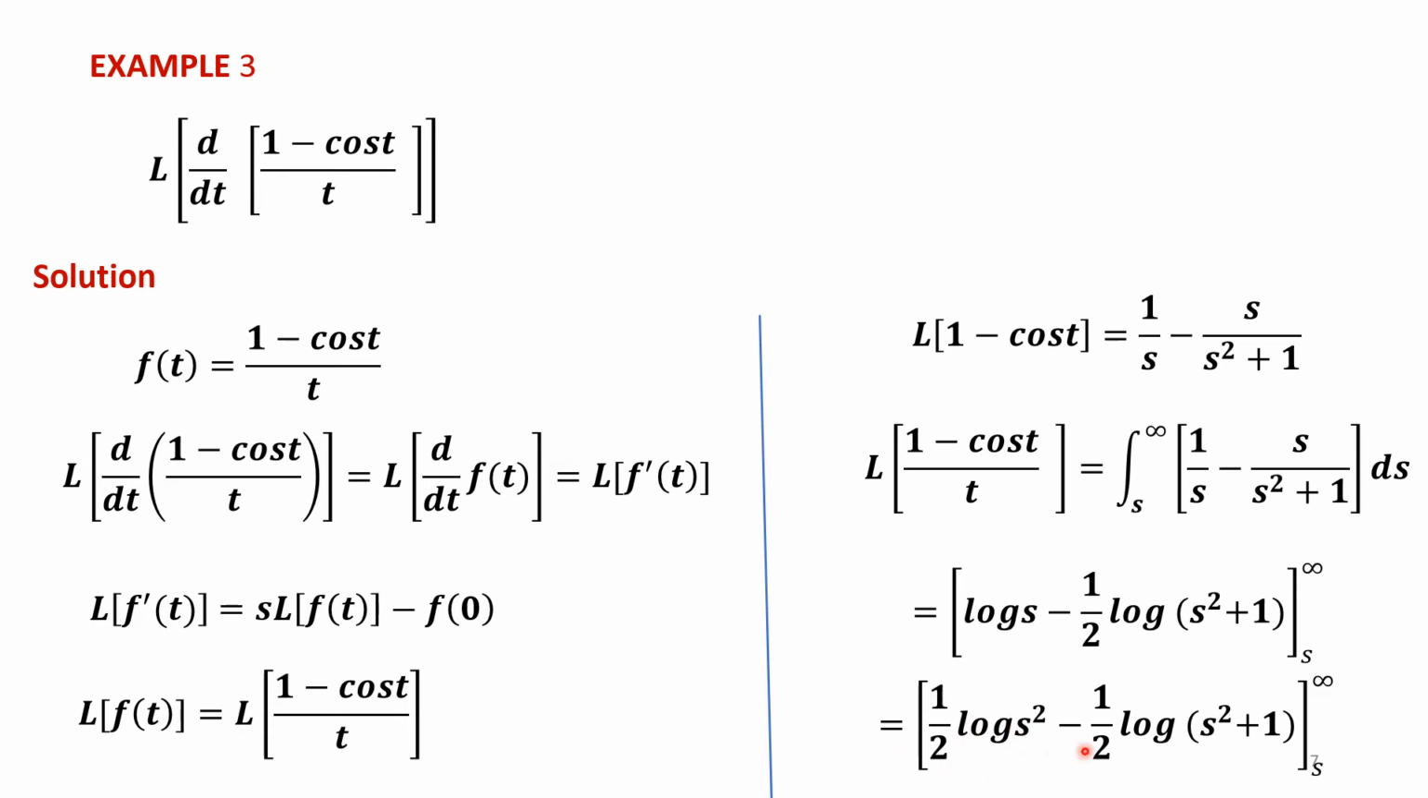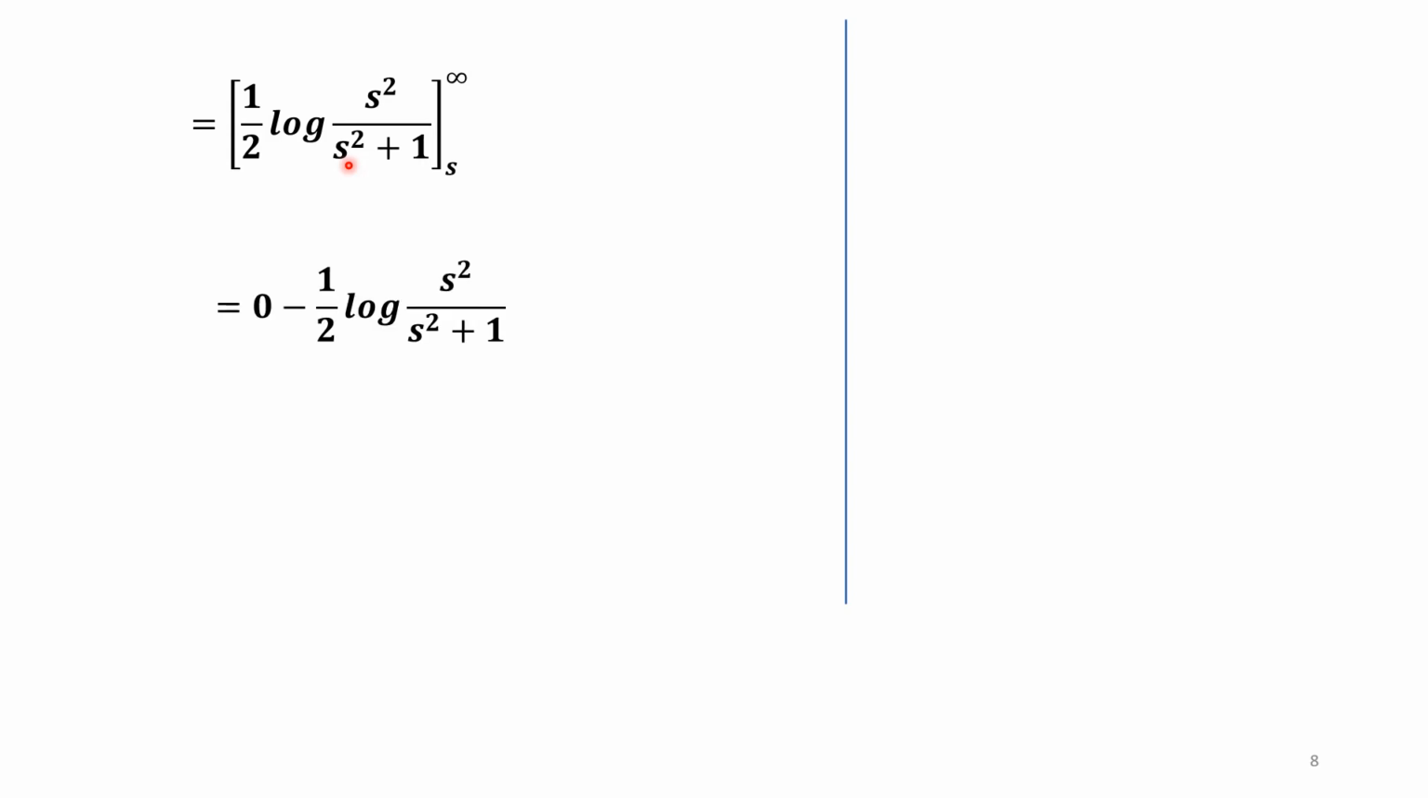Now we are having half common, we can take it outside, and then log a minus log b is log a by b between the limits s and infinity. And we know that when we apply the limit s equal to infinity, the upper limit will become 0, only the lower limit will remain. So we will have 0 minus half log. Why does it become 0? Because when we substitute s as infinity, it is not defined. So take s square outside from the denominator, cancel that s square and then apply the limit s equal to infinity. We will get the answer as log 1, but log 1 is 0, so we will get 0